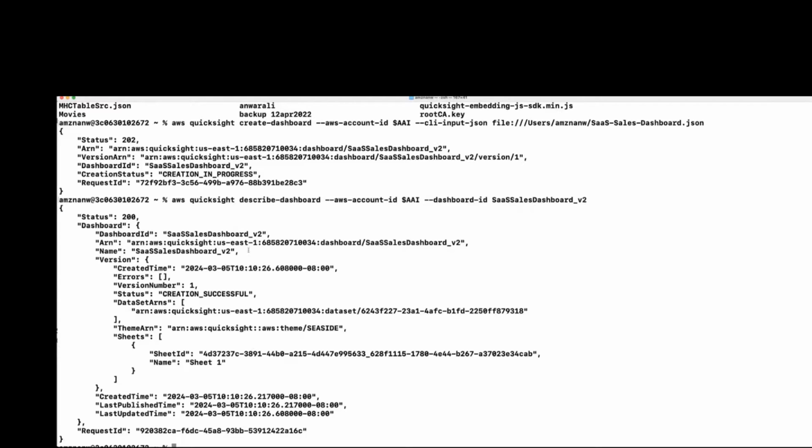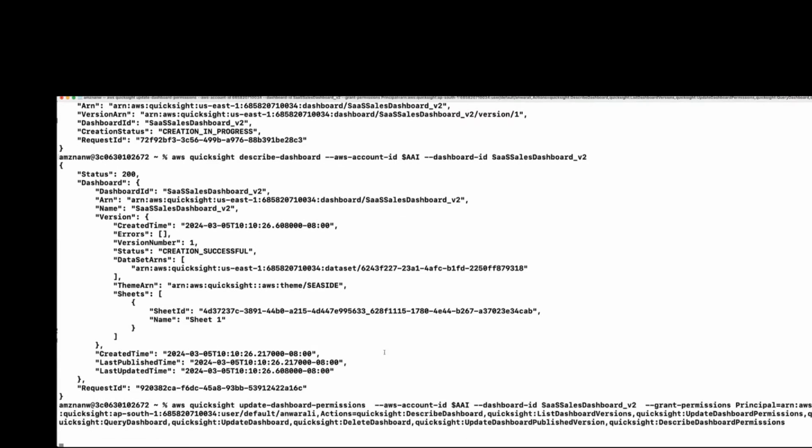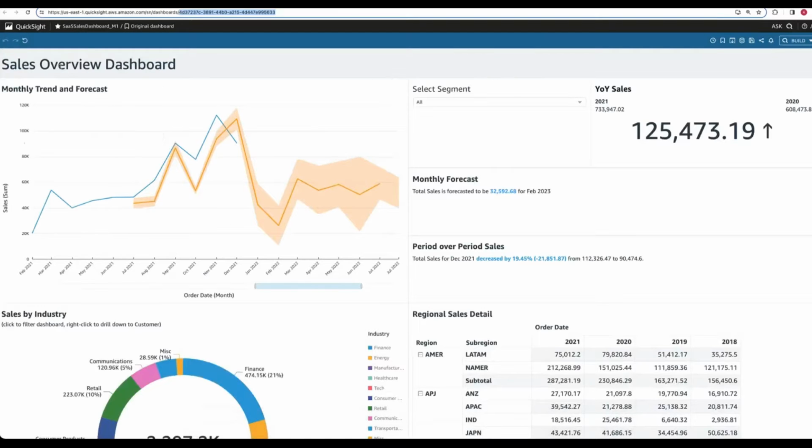So I have this dashboard created right now in my account, and I will use update dashboard permission to give the current user through which I have logged in the console. I am giving the permission to that user. So permission is successful. So you will be able to see in the console that a new dashboard has